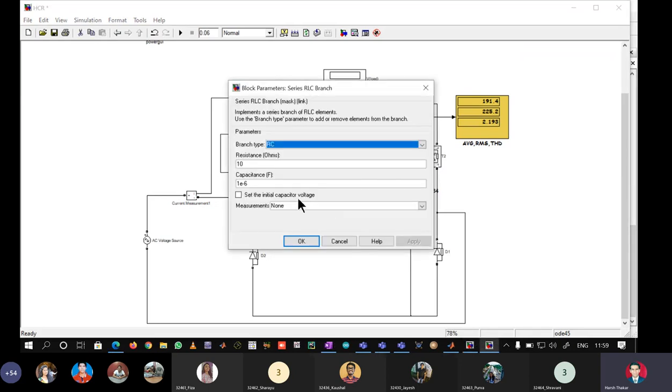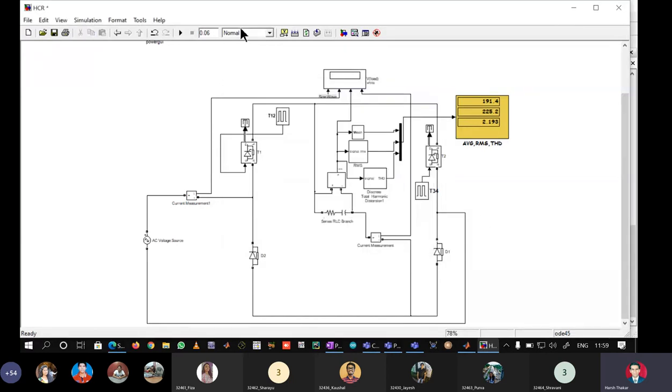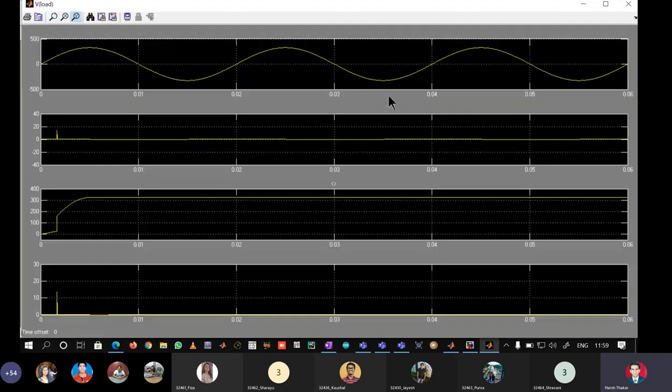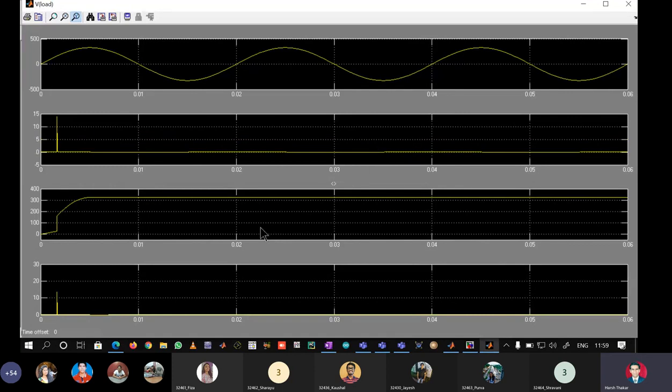So we'll double click this and we will see the capacitance is only 1 microfarad. Let us see what difference it has. Resistance is 10 ohms. So now save, run. See what I'm getting? Auto scale. So the source voltage Vs is going independently because it is the input. The source current is now equal to 0 and constant on the x-axis.